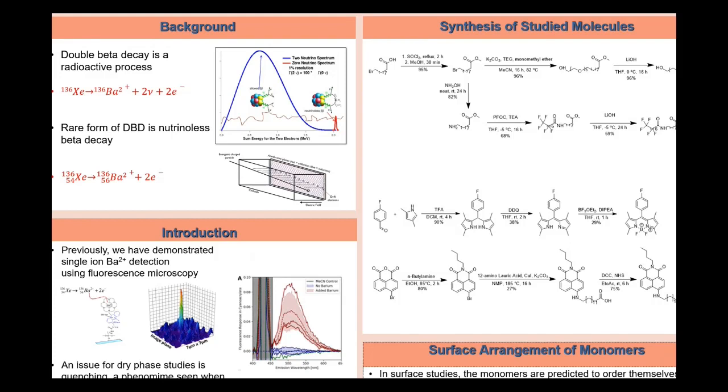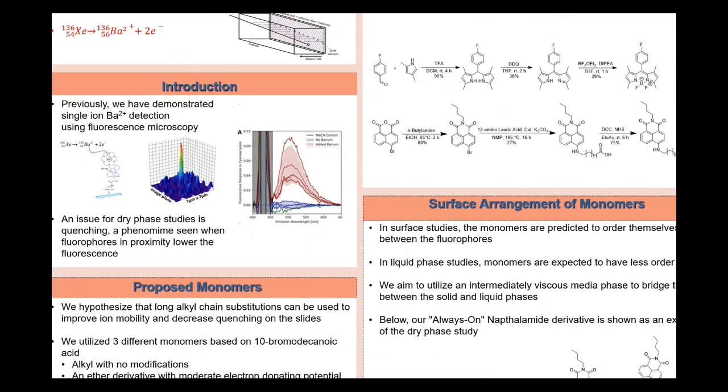This can be measured with a time projection chamber, and using 1/2 mv squared, we can find the kinetic energy. A model reaction of this process is the decay of xenon into the barium 2+ ion, which can be detected with fluorescent sensors. Previously, we have gotten highly selective barium ion detection with fluorescence microscopy using fluorophores such as naphthalimide or